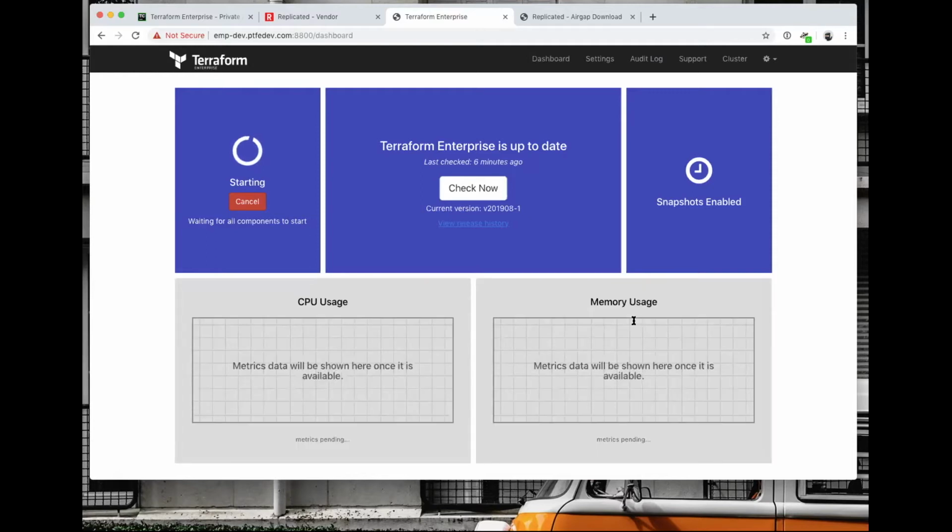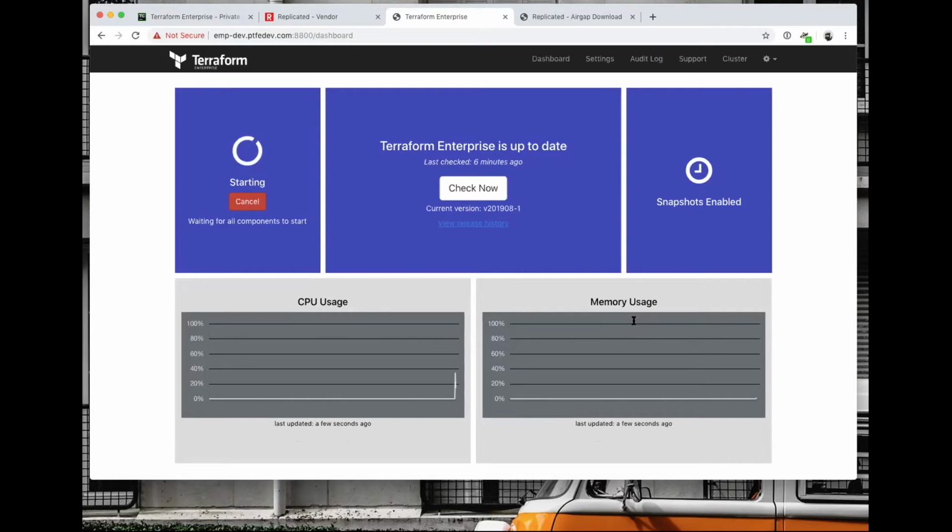It's great. And so this is starting up, and it's going to show these little charts around CPU and memory. These aren't that useful, but everyone loves little charts like this. I will say they're not useful until they are.